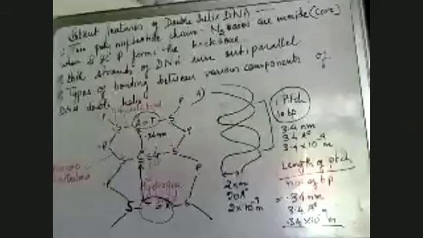The gap between the two base pairs comes to be this much. And how much is the pitch? Pitch is 3.4 nm. And how much is the distance between the two strands? It is 20 angstrom or 2 nm or 2 into 10 raised to the power minus 9 meters. So this was also given by